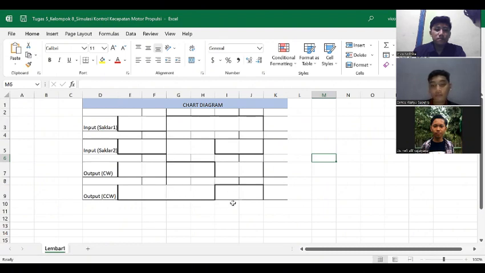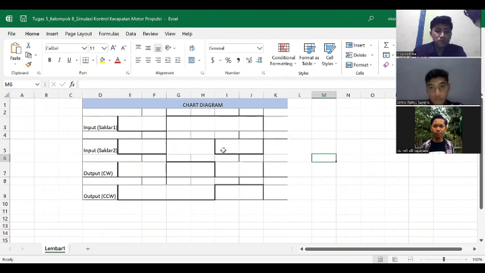At the input of switch 1, the low value is 2 minutes and the high is 4 minutes. And at the input of switch 2, the low value is 2 minutes and the high is 2 minutes and the low value is again 2 minutes.